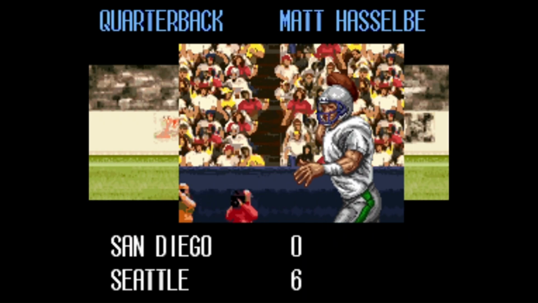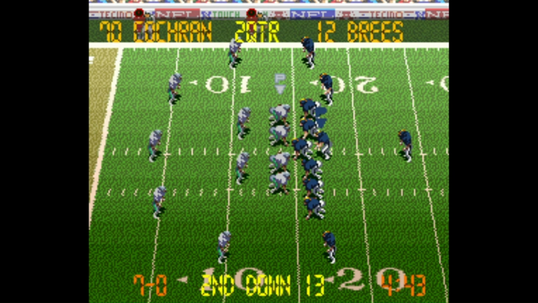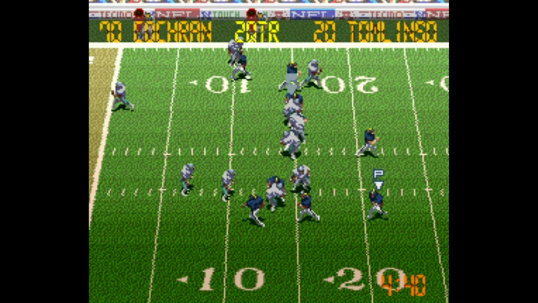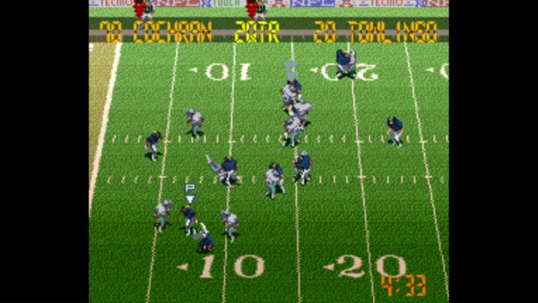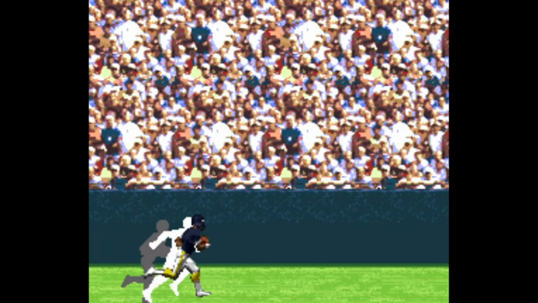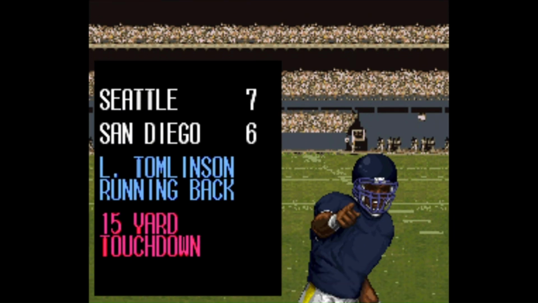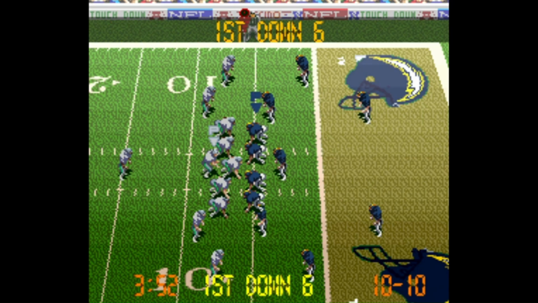They are up 7-0. The Chargers are looking to strike back now in the second quarter. From the 15-yard line, the pitch will go to LaDainian Tomlinson. Uses his moves and his agility. Touchdown, San Diego. That will tie things up at 7. The teams are going to exchange field goals before the half. We now enter the second half at 10-10.